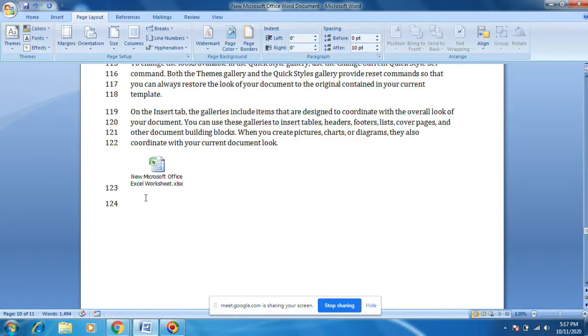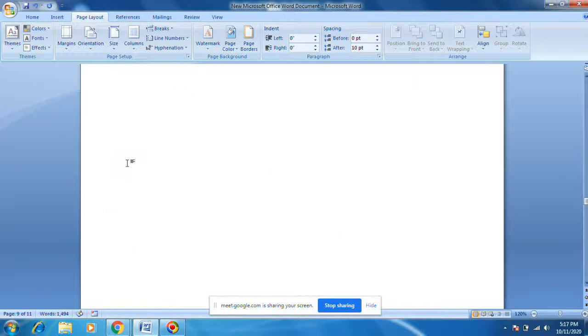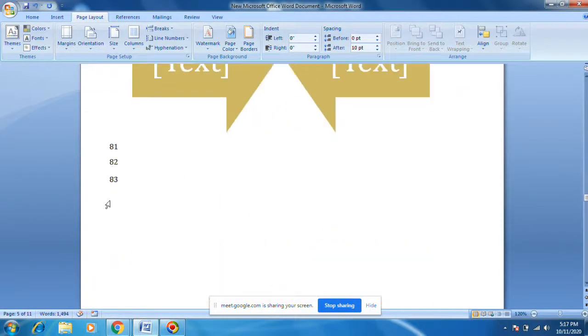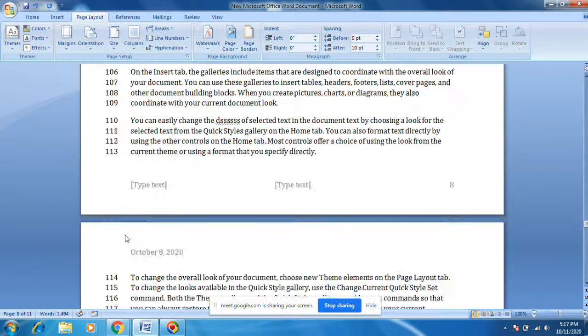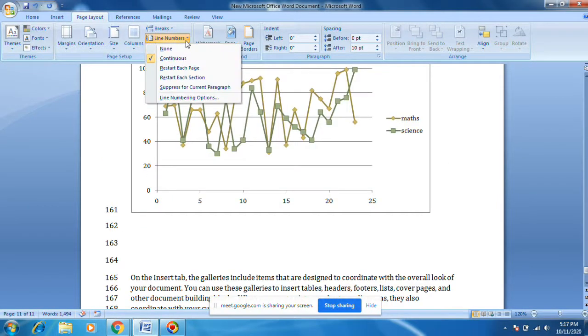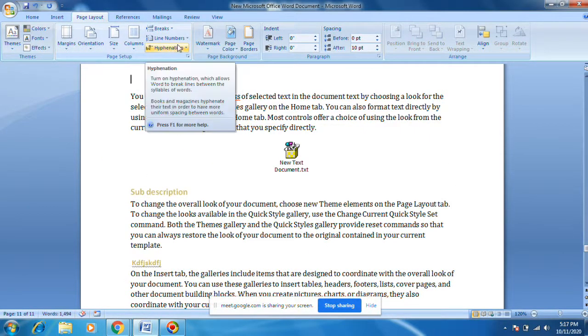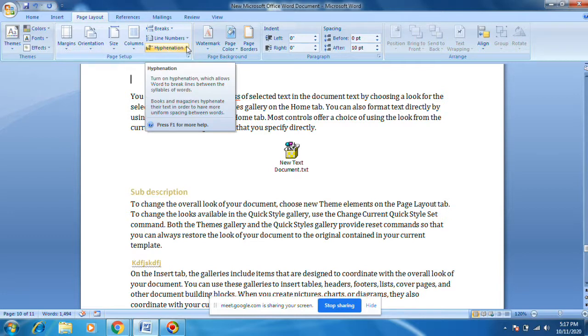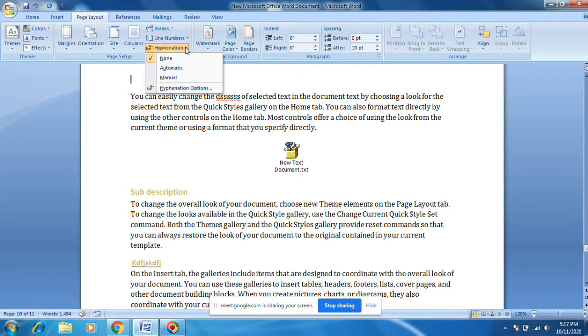You see line numbers are coming on the left side. We usually prefer page numbers and bullets and numbering only. Line numbers we won't do. This option I too don't know. This is not required.